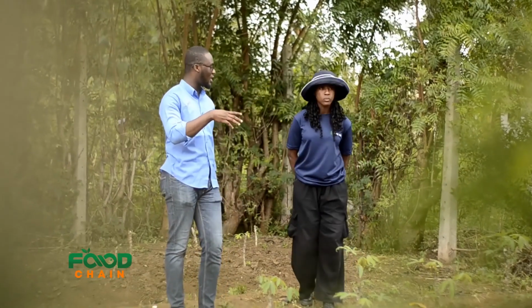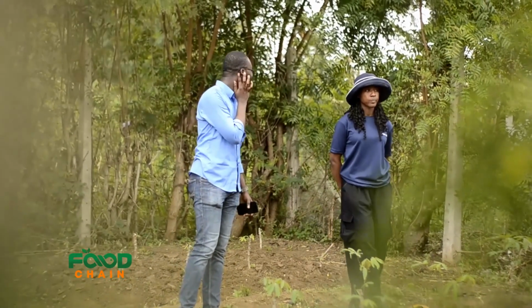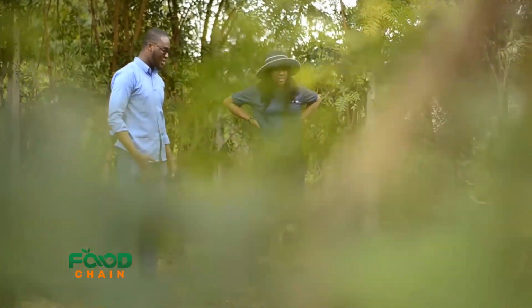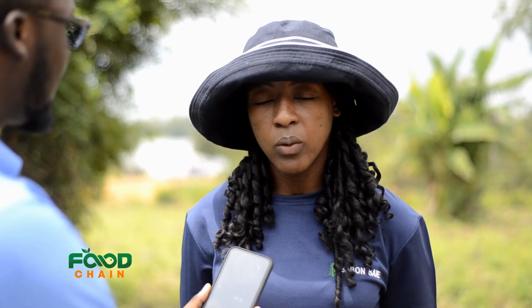Okay, now let's look at some farming practices that are contributing to climate change or even global warming. Currently, there are a number of practices within the agricultural sector that are harming the environment. One is the excessive use of chemical synthetic inputs into the ground. It could be fertilizer, it could be pesticides. We all know that